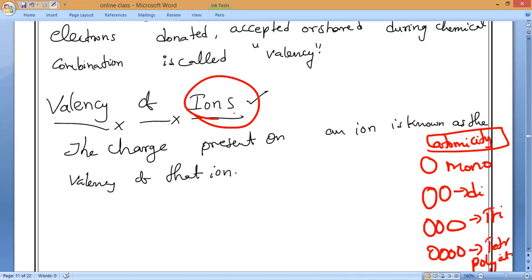trivalent ions. Can you guess what it is based upon? Remember, donating or receiving, or sharing also, whatever it is, maximum how many electrons? Three electrons. More than that, it is not possible. Do you understand? So that is why, if one electron is donating or one electron is receiving, then that ion is